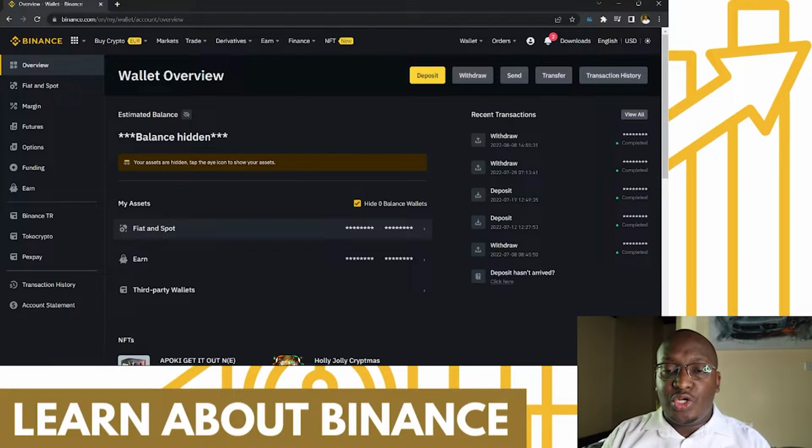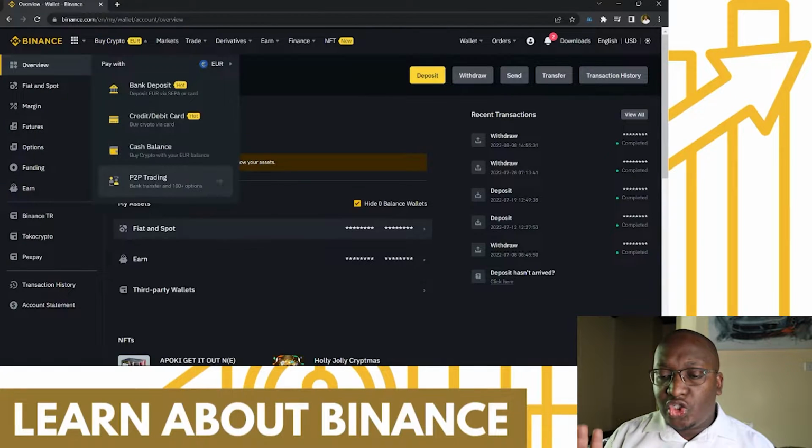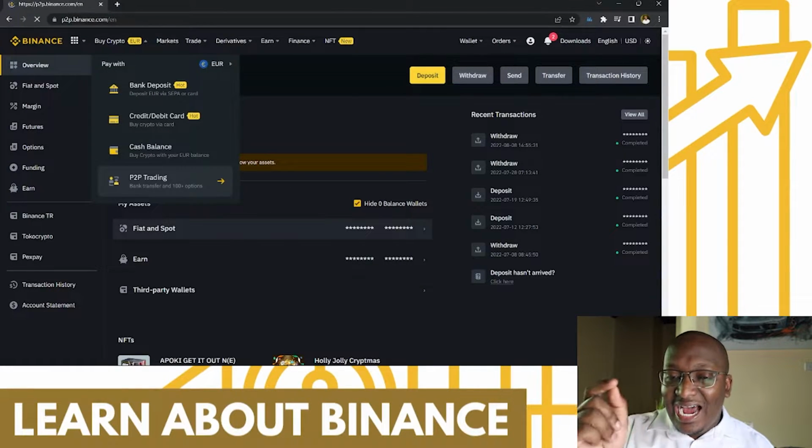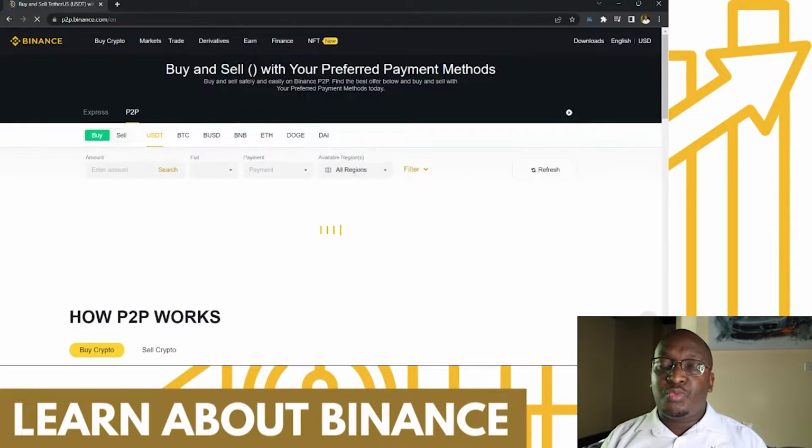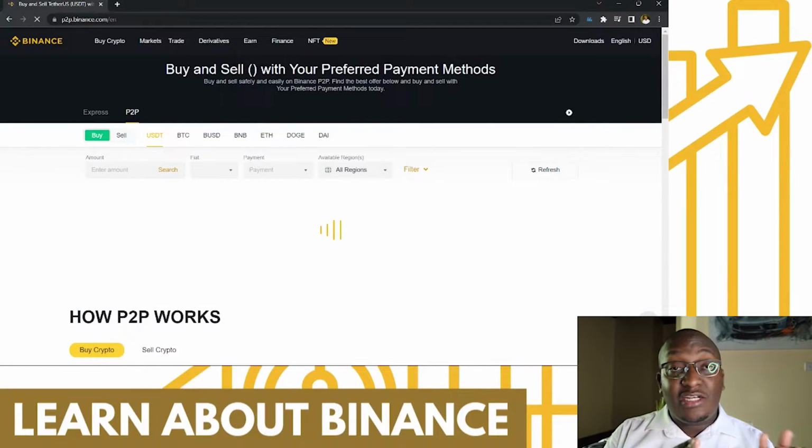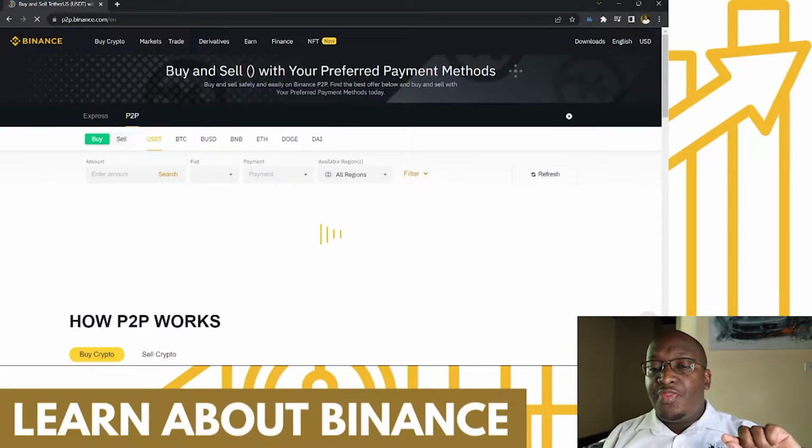So the first thing that we do is, because I'm on this app, I'll go under P2P trading. If you're doing it on your phone, then at the very bottom right, you'll see wallets, and then from wallets click funding, and then under funding you'll click P2P. P2P stands for peer to peer. That means that the people